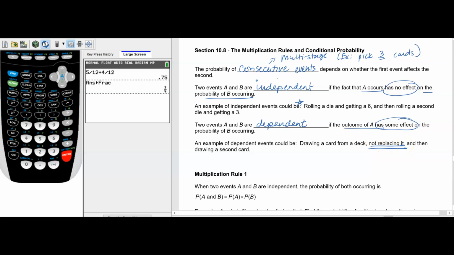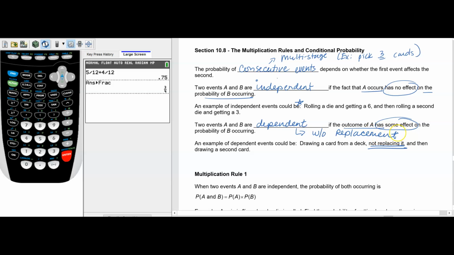Let's say you have a deck of cards in your hand, you pick up a card and you set that card aside, you don't put it back in the deck, and then you want to know the probability of picking something on the second draw. When you take that first card and set it aside and don't replace it, that's affecting the probability, because instead of 52 cards in your hand, now you only have 51. So whenever you do not replace something, I'm just going to write a note, this is without replacement,